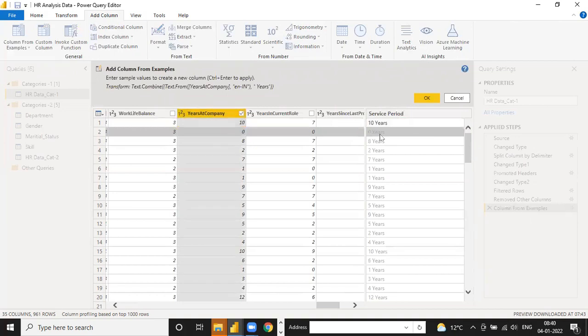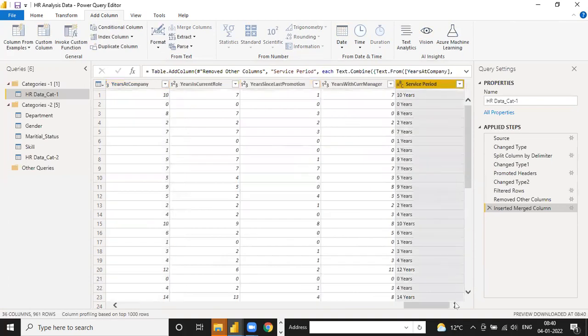Power BI automatically writes the code for you in front of you. See, Text.Combine from years and company, in and years. Power BI automatically writes the code, and you can just click OK. Your column will be ready.